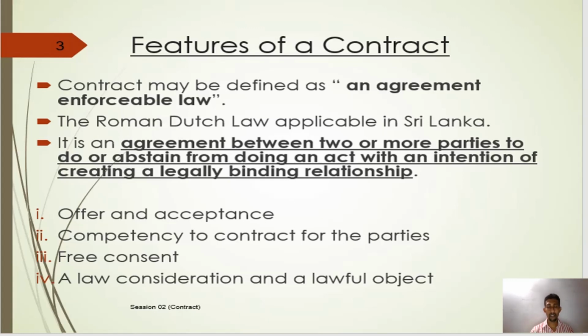In a simple context, for you to sign an agreement, a contract, especially in terms of insurance, there should be an offer, a particular insurance subject. There should be an offer for an insurance policy, and then there should be an acceptance for that. So for an offer, there should be an acceptance from the insurer that they would like to insure this particular